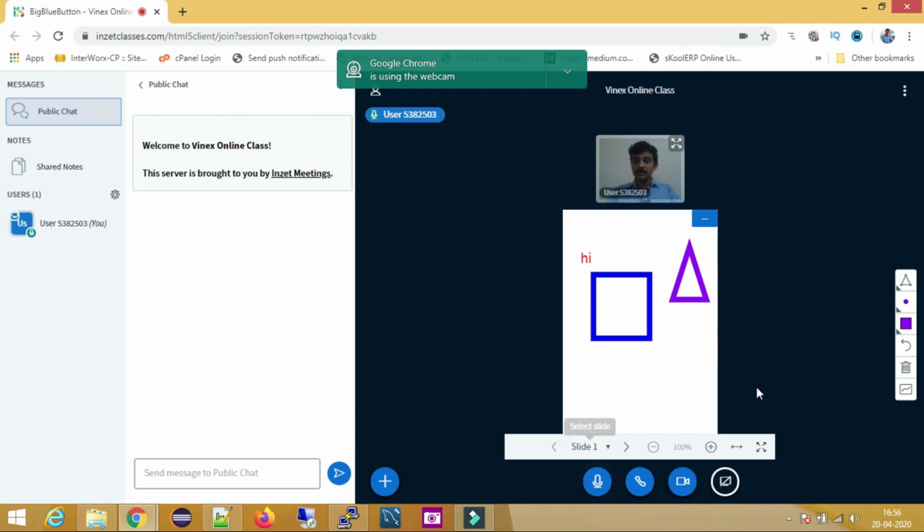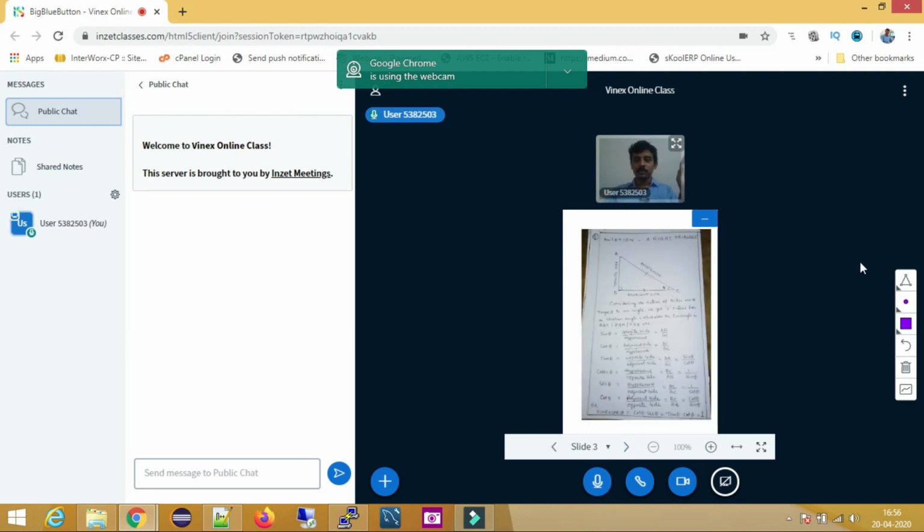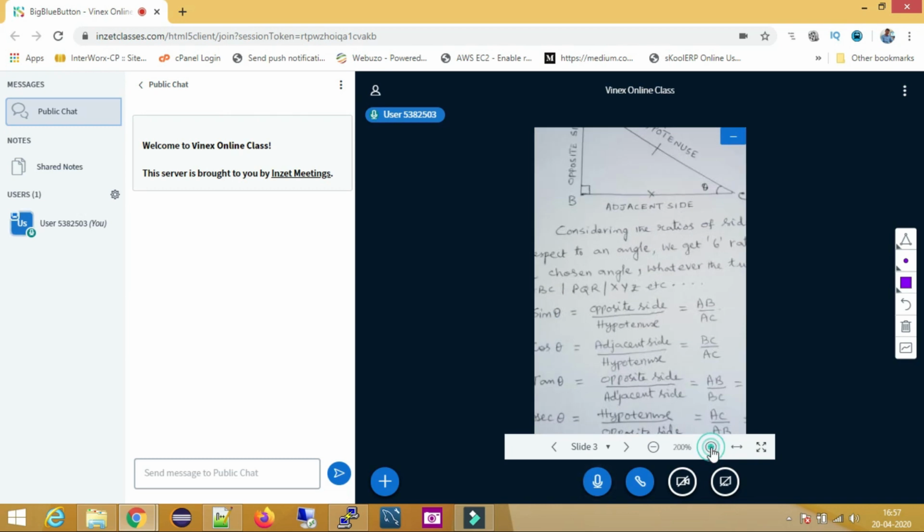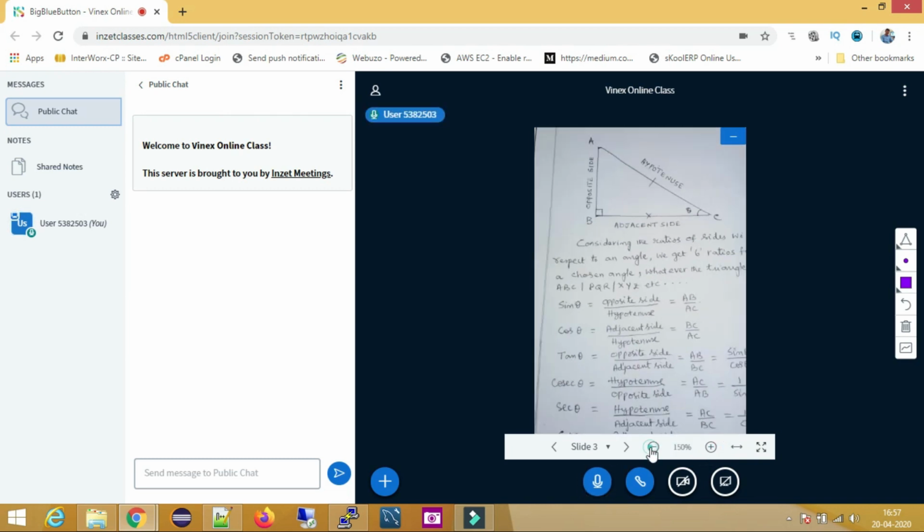Actually, this is not the whiteboard. What happened is, initially we uploaded a PDF document where the first two pages we purposely left as blank pages. Those two blank pages we can use as a whiteboard. I'll show you the third page onwards, where you can see the content. For an effective lecture, I am closing my video and showing this to the students. Now you can explain this and use the zoom options to explain the particular concept.